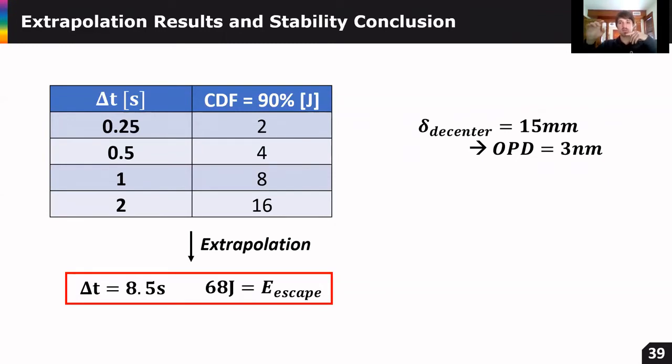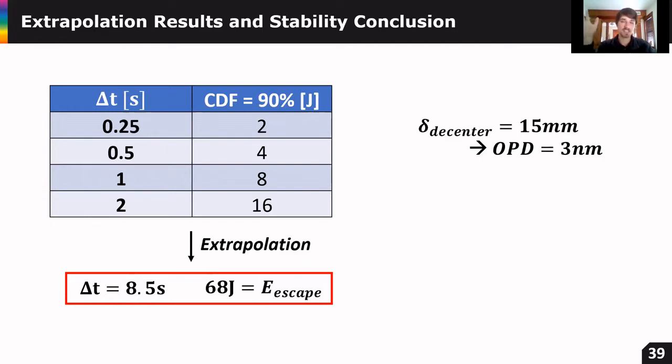And when taking that amount of decenter, given that the projector is 4 kilometers and the longest distance the nanocraft will be is about the distance of Jupiter, the OPD, the optical path difference error across 4 kilometers, at the end of launch can't exceed about 3 nanometers, which at 1064 nanometer wavelength light is about 0.003 waves of error, of residual error that is intolerable after 8.5 seconds, which is really bad, because this 3 nanometers of residual